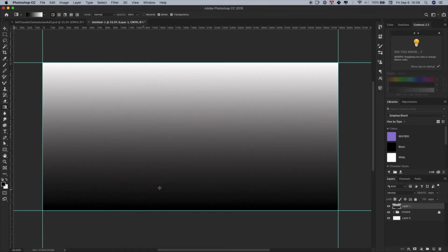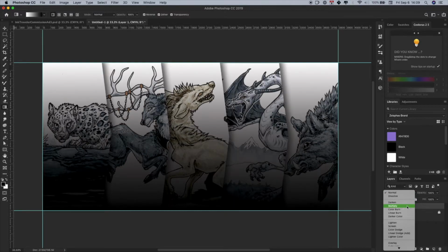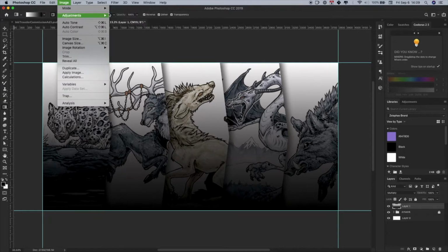So that way I have black on the bottom and white on the top. Now you've just covered everything up, but if you change the layer settings to multiply, you'll notice that you can still see the art on the top, but you have some darkness underneath. And what I just noticed actually, I think all my images default to CMYK, but if we're using this image for social media, we can change it to RGB. So I'm going to go to Image, Mode,